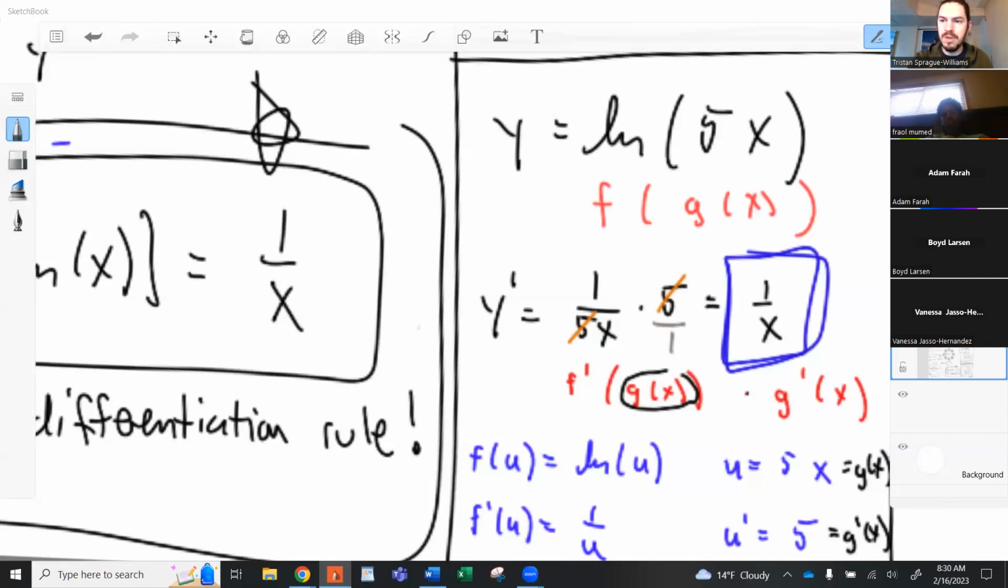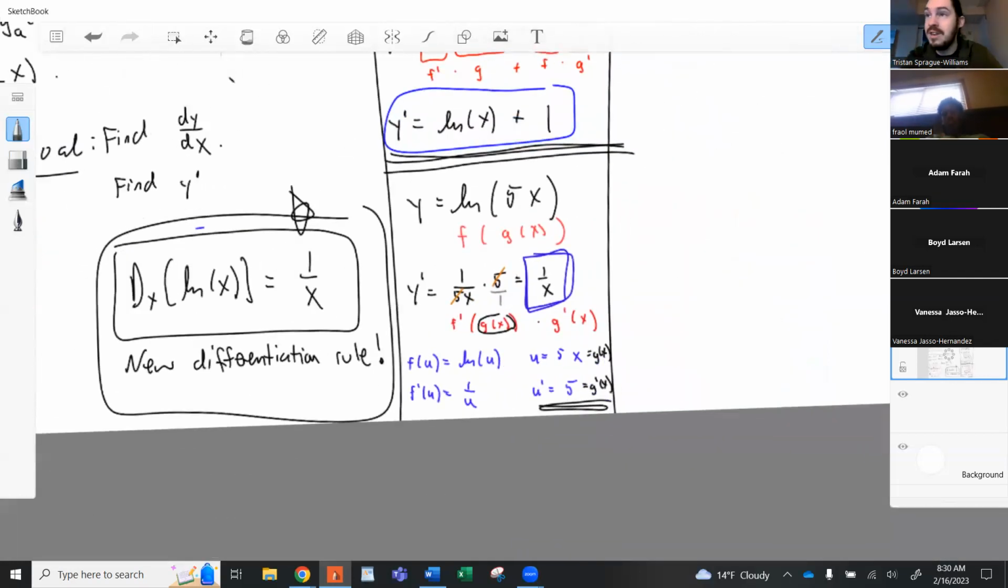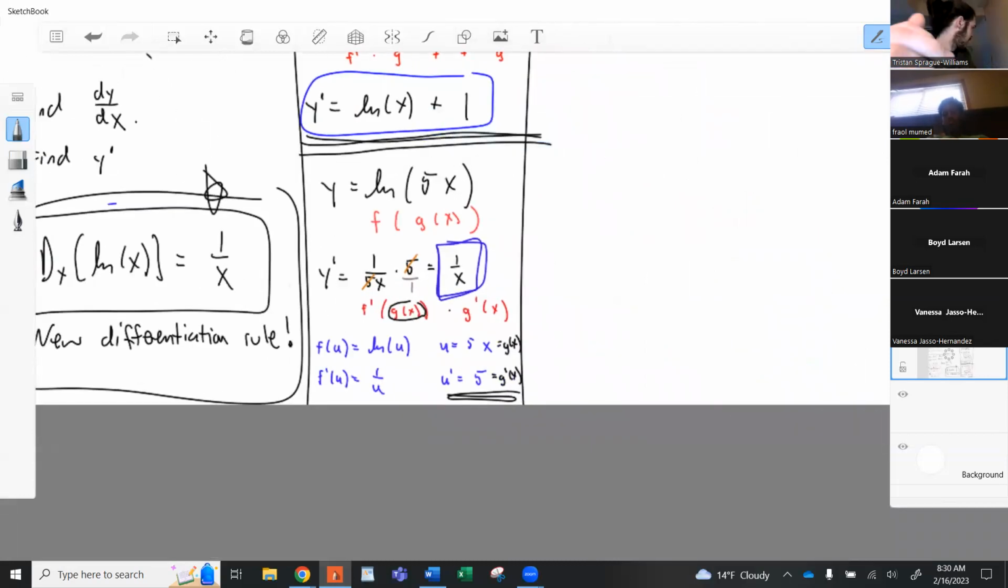Yeah. So this is a little bit bizarre, right? Because it's like the 5 didn't matter, like I was saying earlier. So there's actually a way to look at this. The natural log of 5x. You know how I was telling you about the magic power, like the superpower of